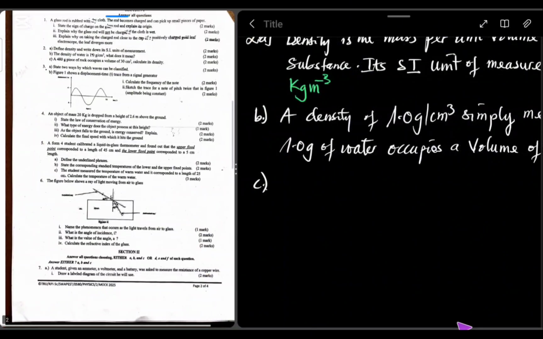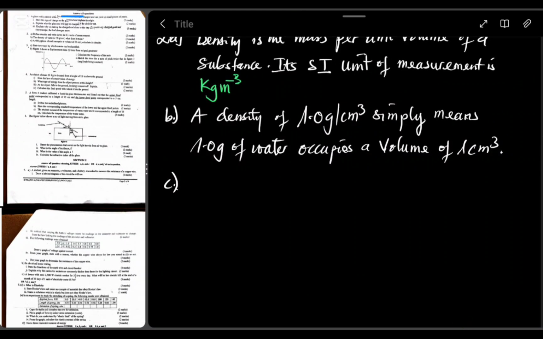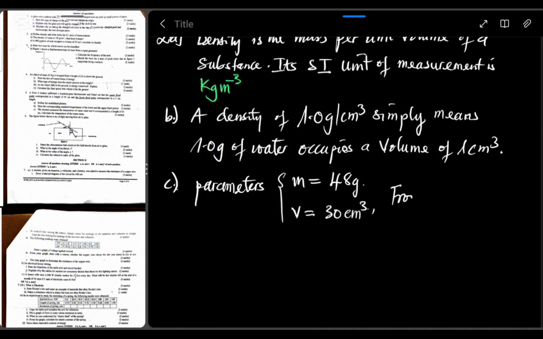Now C says a 480 gram piece of rock occupies a volume of 30 cm cube. Calculate its density. Now, okay, so the given information, we have been given the mass to be 480 grams. We have been given the volume to be 30 cm cube. Now what do we know? We know that density, denoted rho, is the mass per unit volume. So keying these parameters into this formula, we're going to have that density will be equal to, sorry, this was 480, not 48, 480 grams divided by